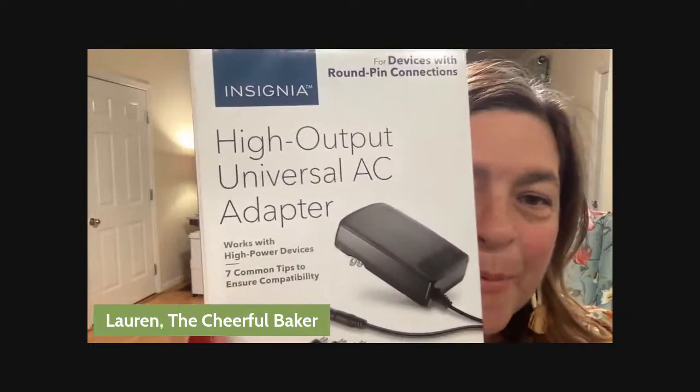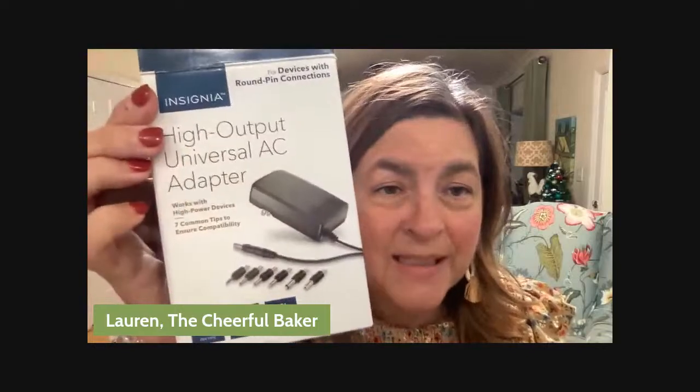It's called a high output universal AC adapter. And it's the greatest thing ever because it comes with all these little adapters that you can use if your baby chews through one. Luckily, it was not plugged in. But I had it hanging down and he thought it looked like fun to chew through it. So this is awesome because any cord that you need to replace, it has tons of these little ends. So that's just a little side note. If that ever happens to you, I think I got this on Amazon also. But this Acaso,